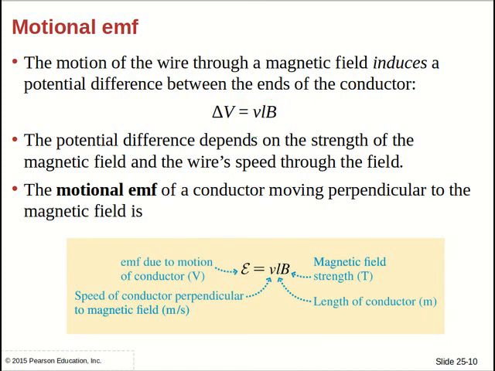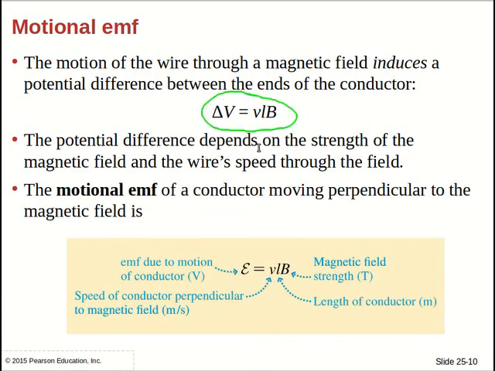Because we can calculate the electric field that exists inside the bar when everything is balanced, knowing that it cancels the magnetic force, we can therefore calculate the voltage difference between the two ends, since the voltage difference between the ends is related to the electric field with a proportionality constant equal to the length of the bar. So we can calculate that the voltage difference across the length of the bar is equal to vLB,